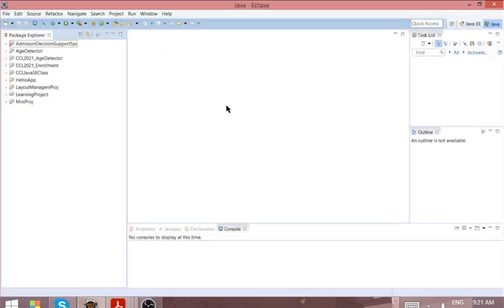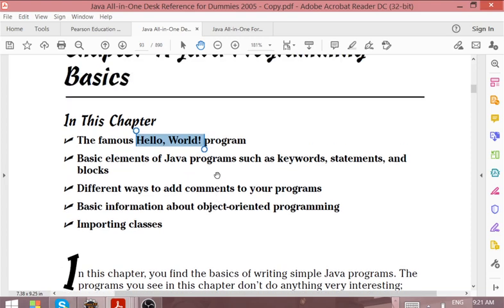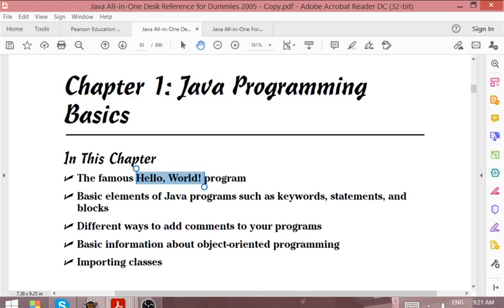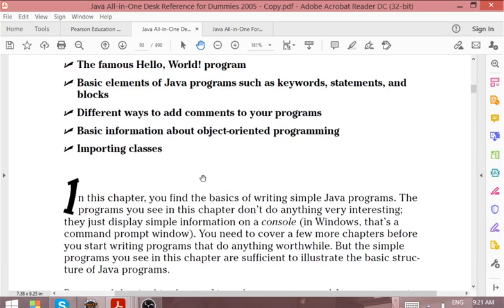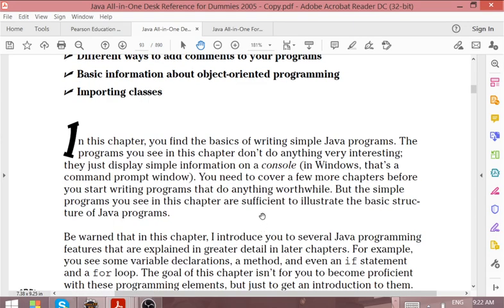We're going to use Eclipse for this, and we're going to adhere to the instructions given by the book. Let's go by the all-in-one text reference for dummies, as it is written by Douglas, the author. So the first thing Douglas did was to introduce how this program is written, and